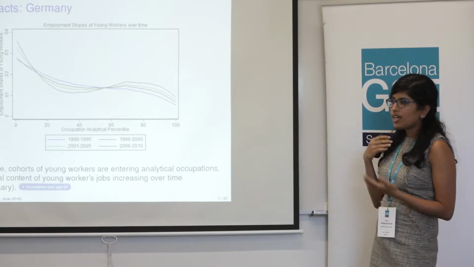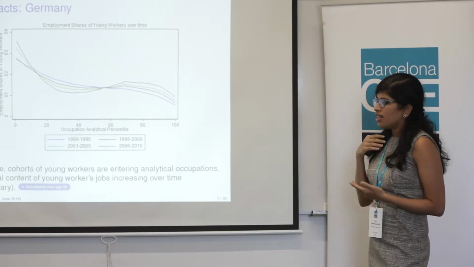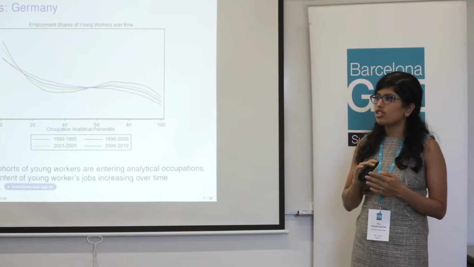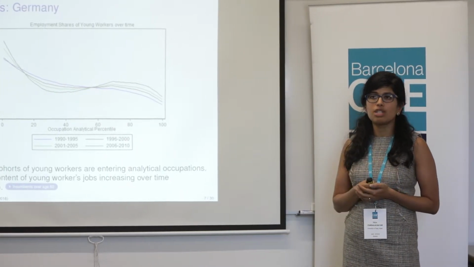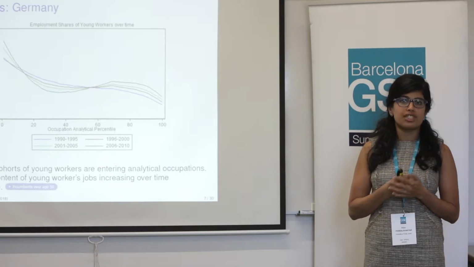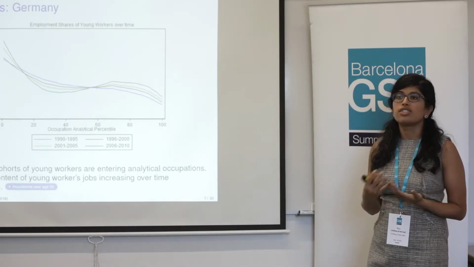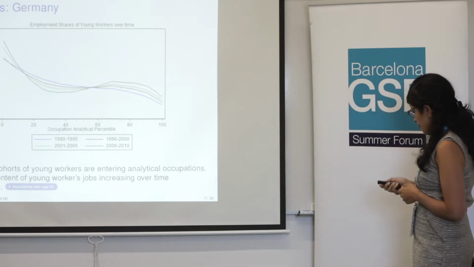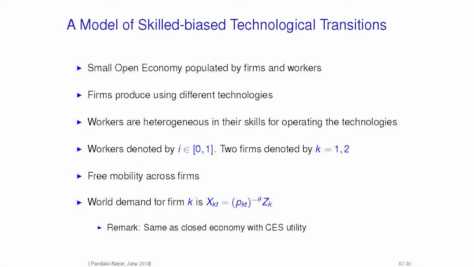So this is very suggestive that a lot of the reallocation that's happening, the shift of the German economy towards more analytical occupations, is happening because of the actions of the young workers entering the workforce. And that's how we're going to motivate how the skill distribution updates in this model. So when we talk about the model,